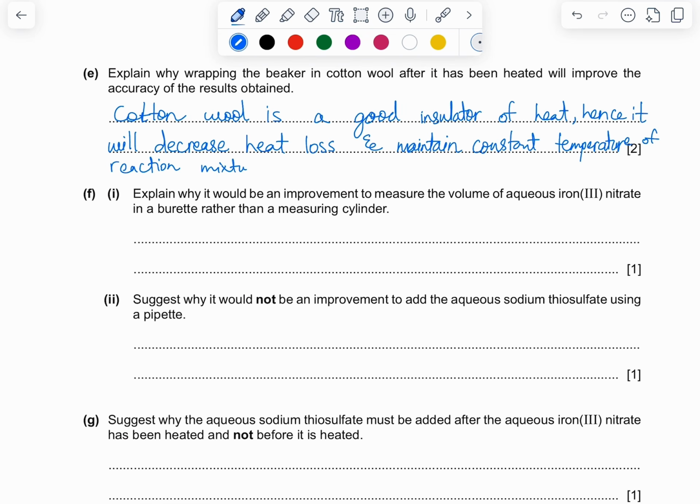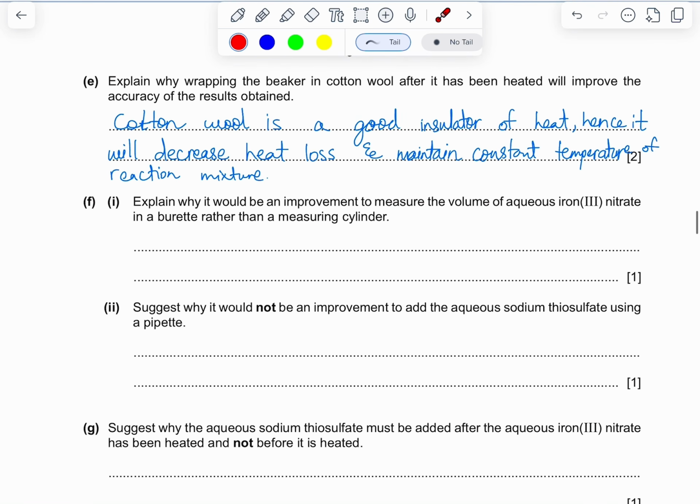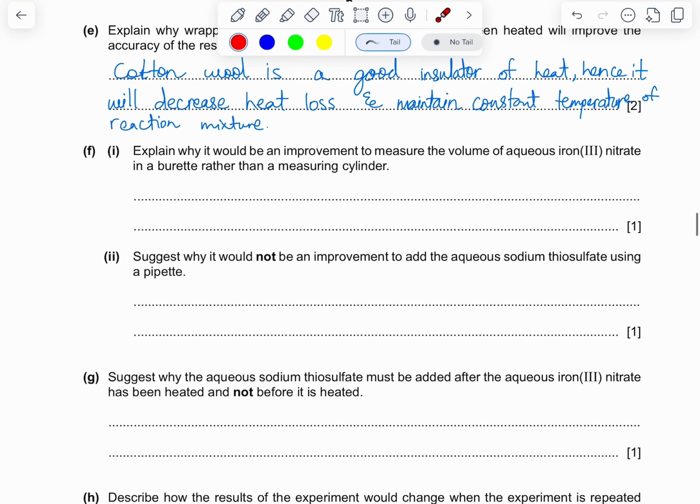This is how you guys have to write your answers as well. Do not write anything if you don't know. Was the reaction happening in a beaker? I don't remember. Because we did not read the whole question, because the question was very lengthy. Even if you did read it, you'd probably forget half of it because it's one page. Reading it once won't have you remember everything. You are going to have to refer to it time and time again when the question asks. But for now, we know why cotton wool is used. It is used for insulation, to prevent heat loss of the reaction mixture. Reaction mixture is a term you can use every time.